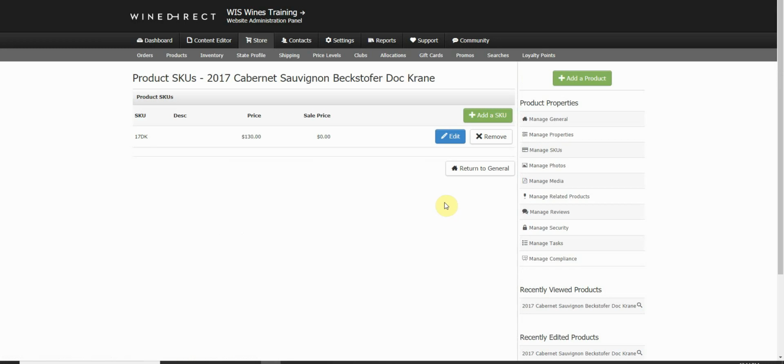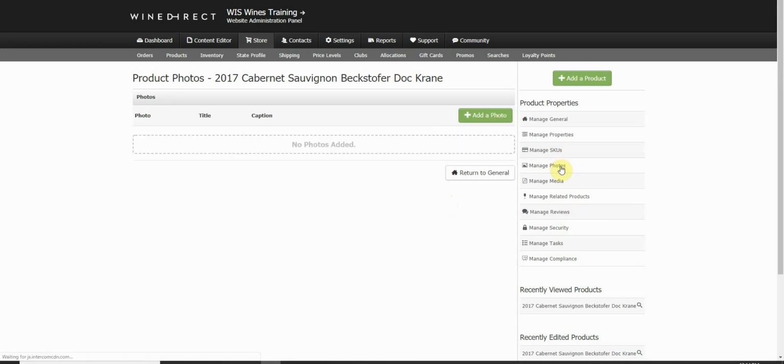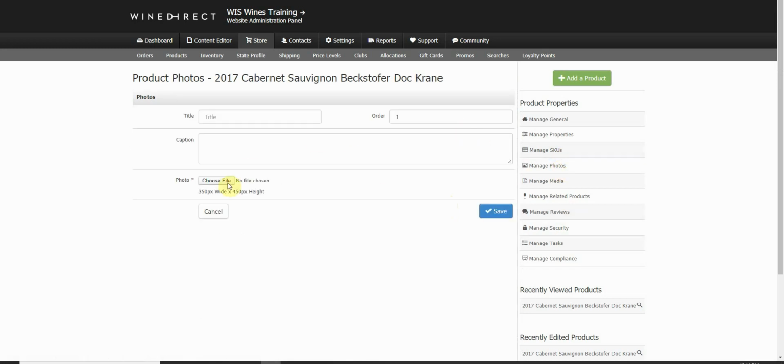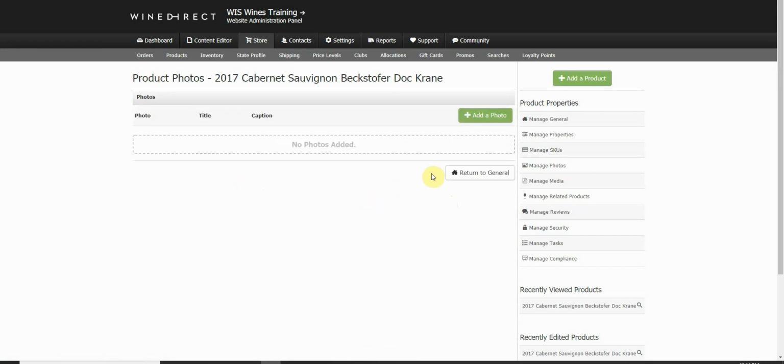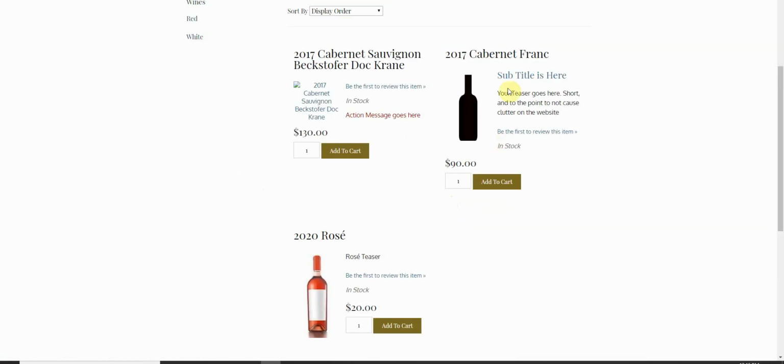All right. And then real quickly, just going through some of the others that are used a lot less. Managing the photos. You can add a bunch of photos in here and then kind of use them. Some of them can be used on the web, or multiples can. It gets really cluttered if you do that. I've seen people do it, and then you get a bunch of pictures. You've got the one picture, but then you have a bunch of little ones down here, and that works for